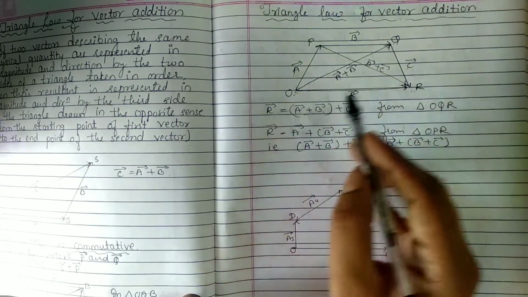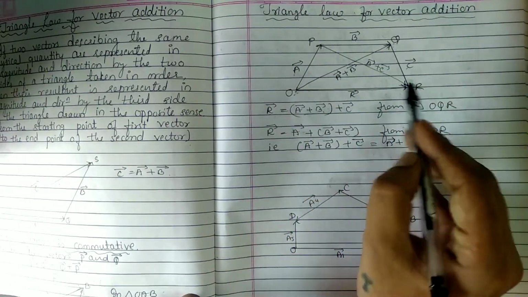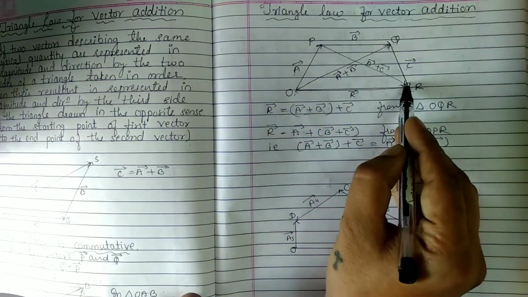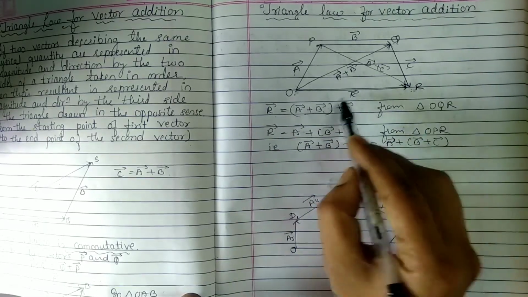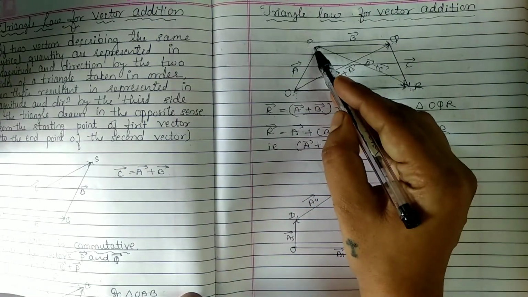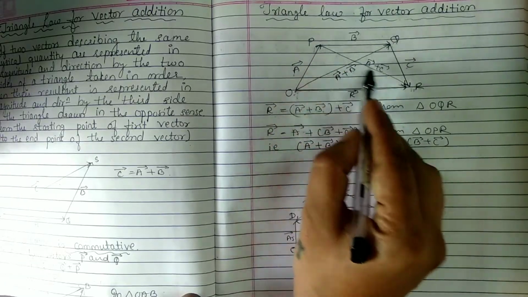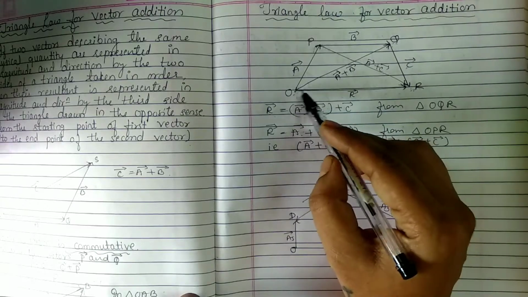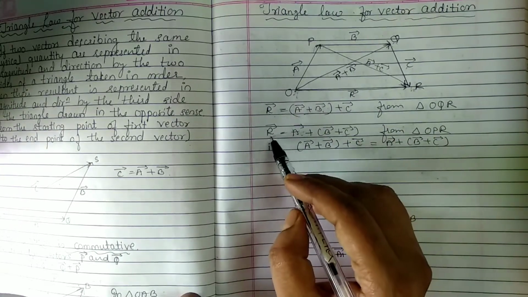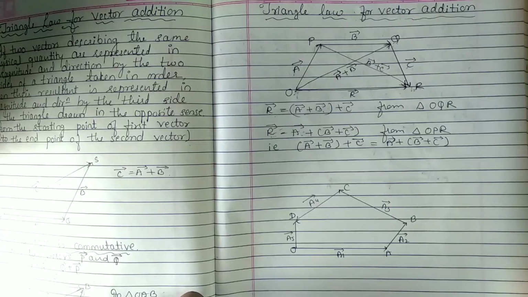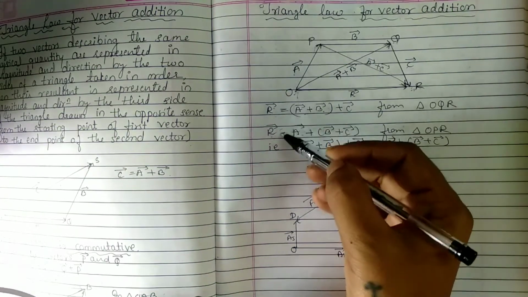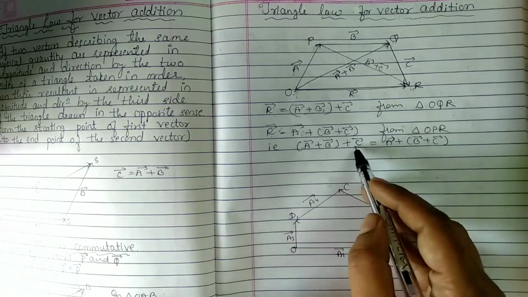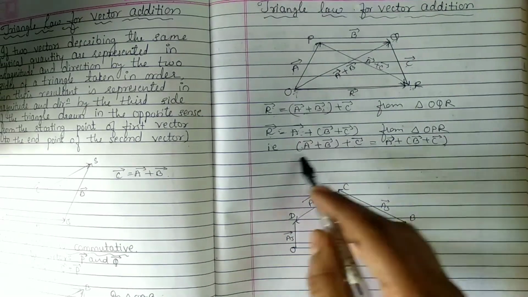If you consider triangle OPR now, in this also, OP is in order with PR. The resultant is nothing but R itself. So what is your OP? That is A. What is your PR? B plus C. So in the result of that, we took R as the resultant side. So the LHS are the same, so the RHS must be the same. So can I conclude A plus B plus C is equal to A plus B plus C, which is the associative law?